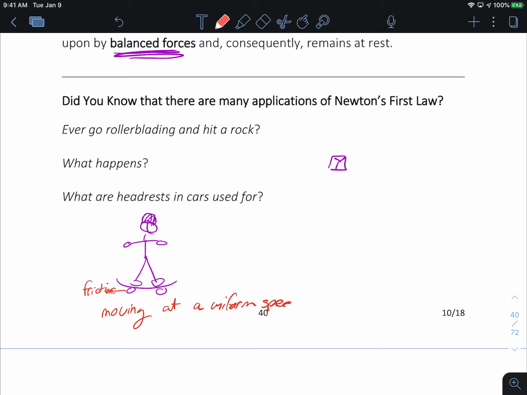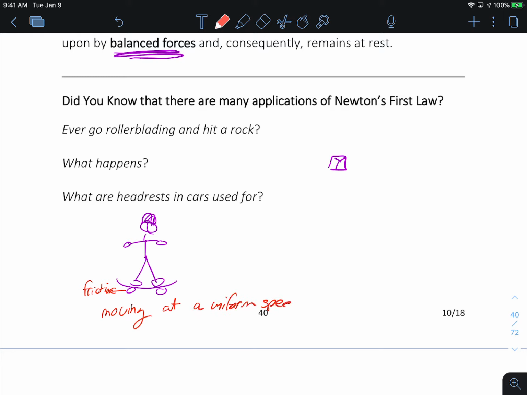So let's just cancel out, let's ignore the friction. And then he's moving at this constant speed. And then here's this rock, right? So I'm going to leave my guy here. I'm going to duplicate him. Now when he hits the rock,